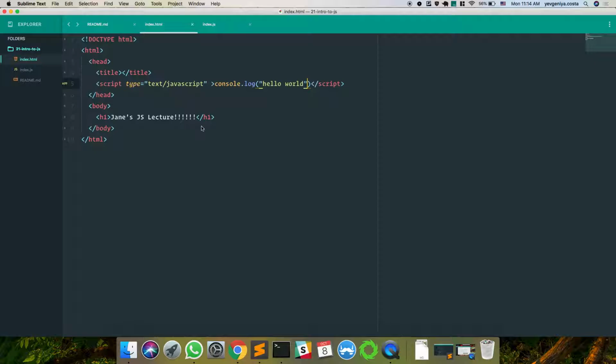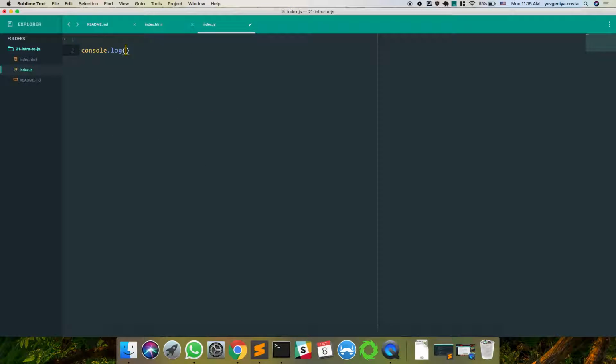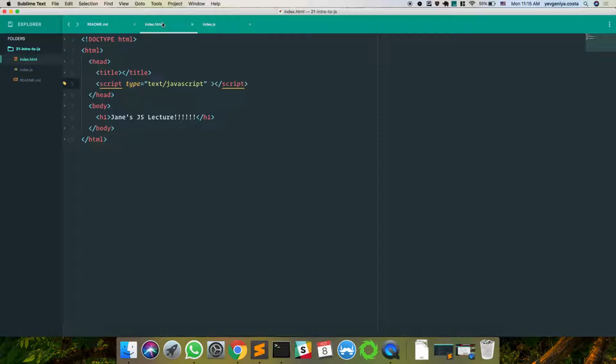What would I do if I wanted to link a file? So I don't want to, every single time, write big portions of JavaScript between script tags. I want to connect a file and be able to put this console log here and console log some bananas. You know, you have to make it different, to make sure that it works. How would I do that?